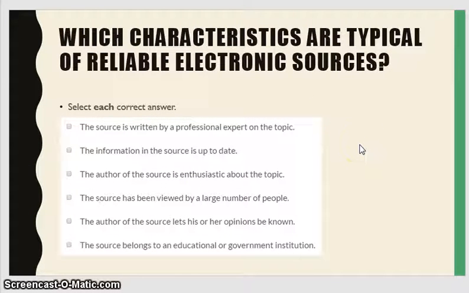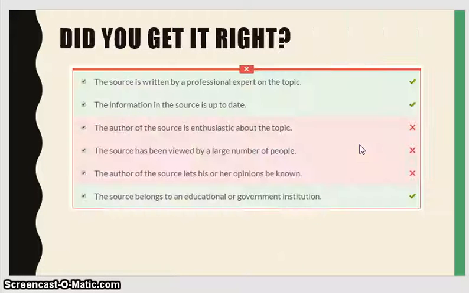So here are some characteristics. We need to look at reliable electronic sources, because it's really important when you're conducting research that you know what is and is not reliable. And you guys know this. When you look at Wikipedia, you might want to question it just a little bit, because people can change things on a second-by-second basis. So it's really important that you know reliable sources is a source written by a professional, maybe a professor or somebody in the government, generally somebody who is a part of an entity of some sort.